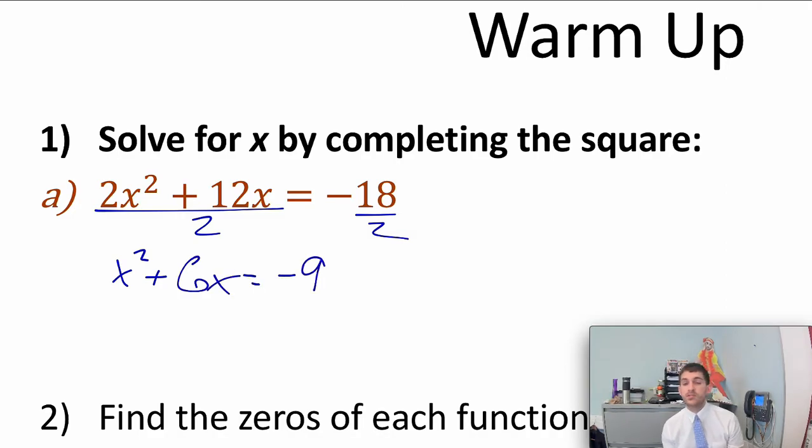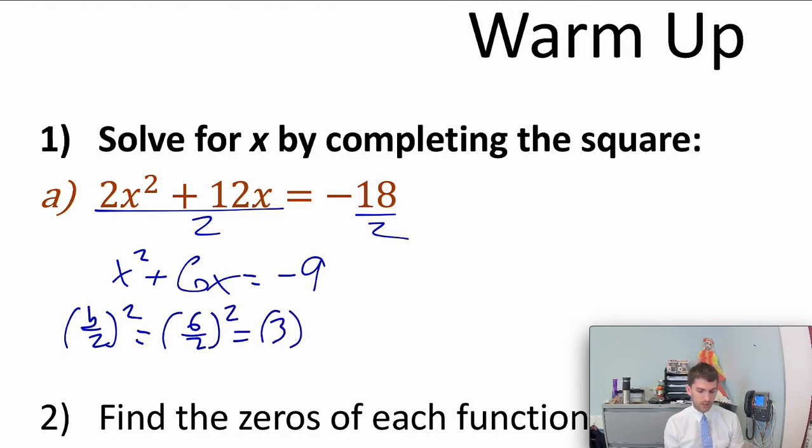Now, the most important step of the completing the square process is, well, the completing the square step. So what we're going to do is take our b value, divide it by 2, and square it. In this case, our b value is now 6. We're going to divide that by 2 and square it. 6 divided by 2 is 3, and 3 squared gives us 9. So we're going to add 9 to both sides of the equation,